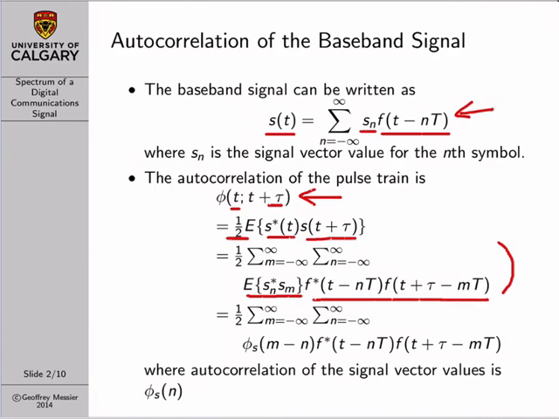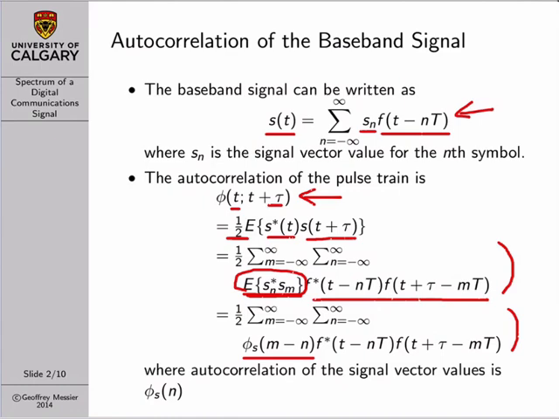Those are just, if we're thinking in terms of PAM, the pulse shapes, and so those can stay outside of the expected value. So the expected value operator gets to shrink around the random component. And then to get to the final equation, all I've done is replace the expected value of the two signal vectors with a functional notation, which is meant to represent the autocorrelation of the signal vector values, right? So the expected value of the signal vector at an index n multiplied by the signal vector value at a